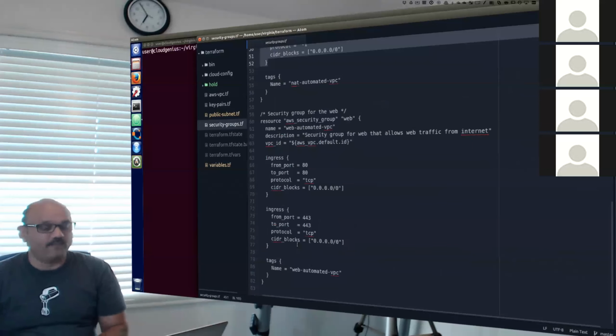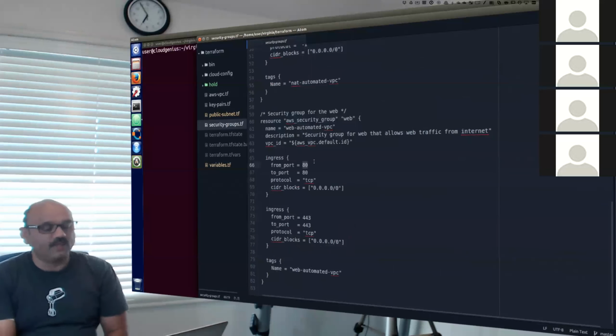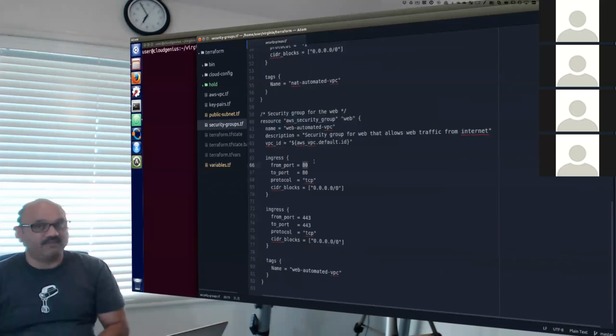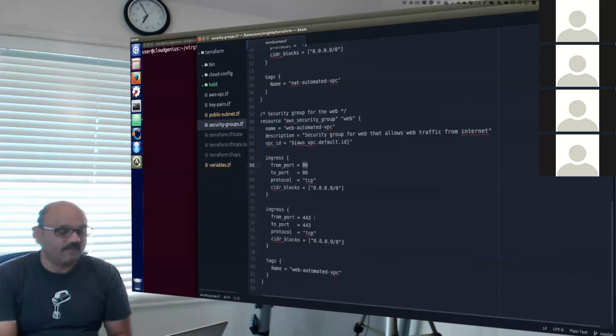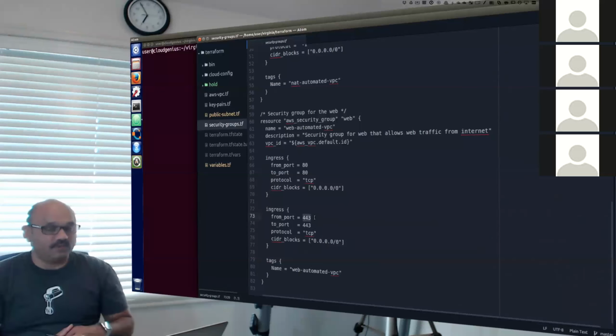This allows inbound access to port number 80, as we expect. That is line number 66. We'll also allow port number 443 for HTTPS access, and that is line number 73. And that name for this, we are going to call it the Web Automated VPC Security Group.